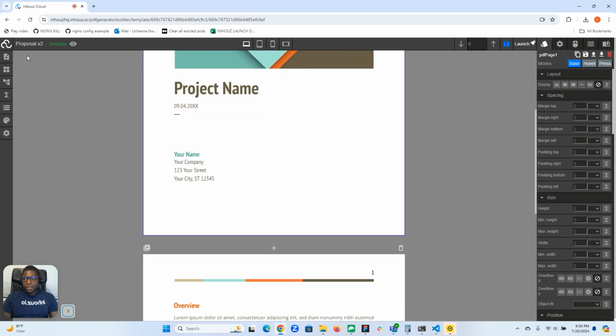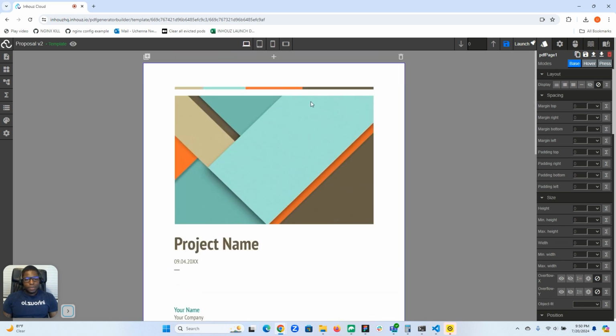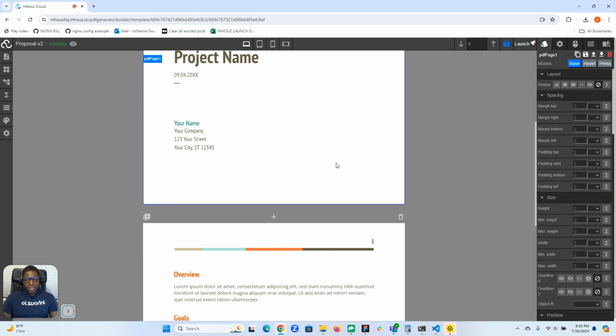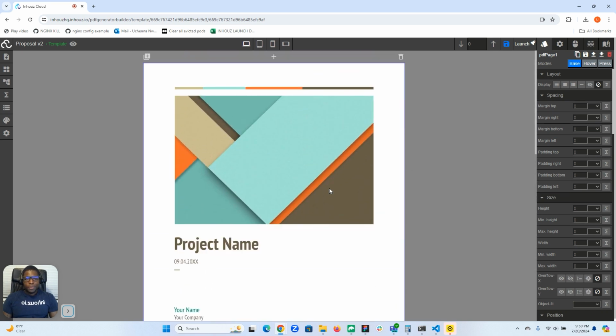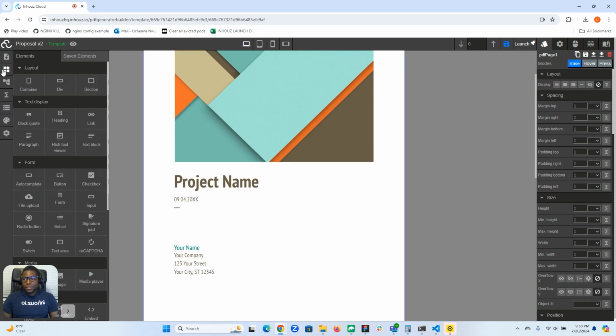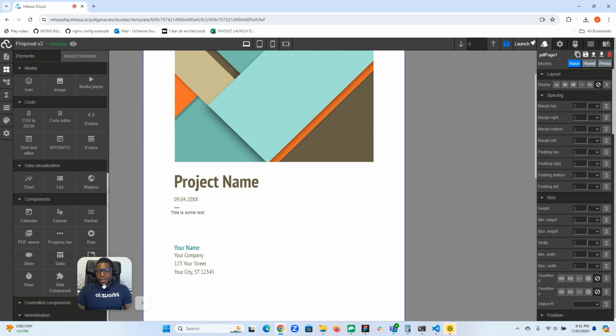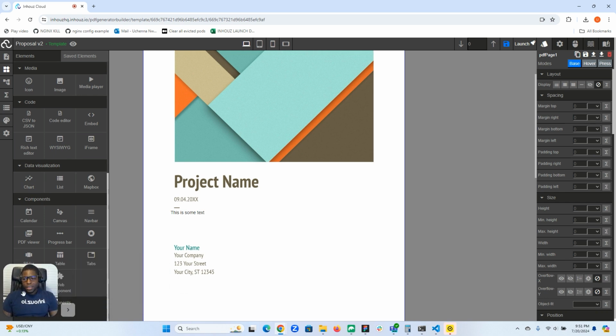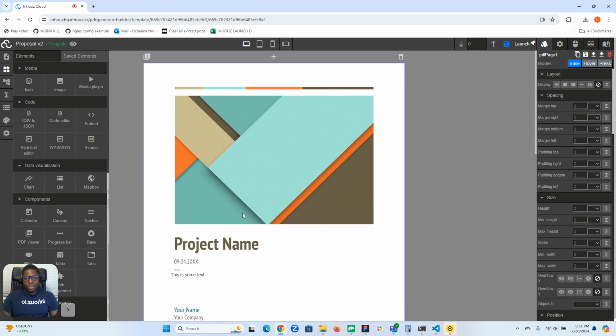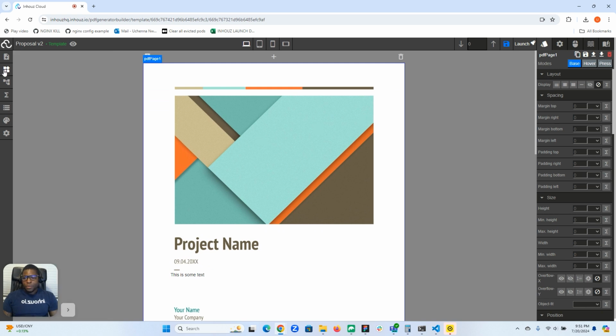So right now I'm in one of our templates called Proposal V2. This template was generated based on an existing PDF document. In order to add an overlay on this document, all I need to do is go into the elements and drag and drop. Everything in our elements tab can be dragged and dropped on any page in our PDF generator template. So right here we have a